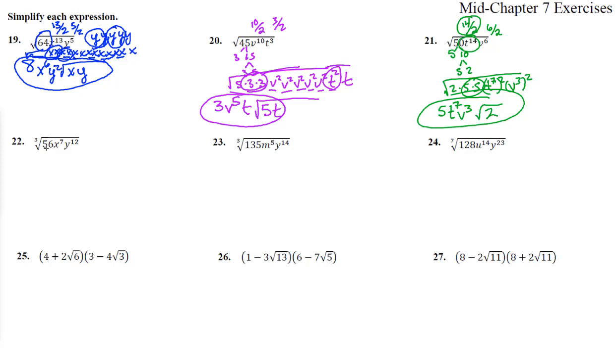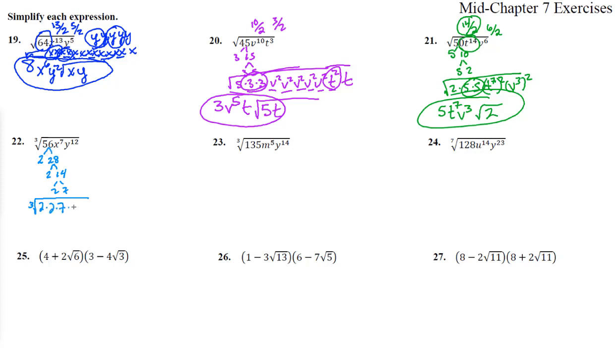So we have 56 is 2 times 28. And that's 2 times 14. And that's 2 times 7. All right, so we really have the cube root of 2 times 2 times 7 times, now I'm going to